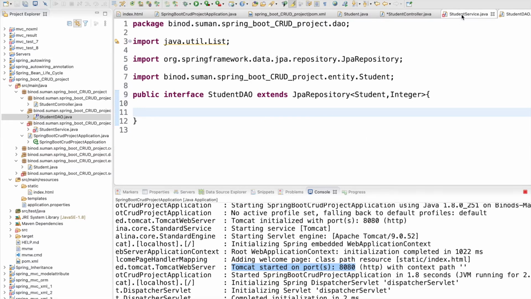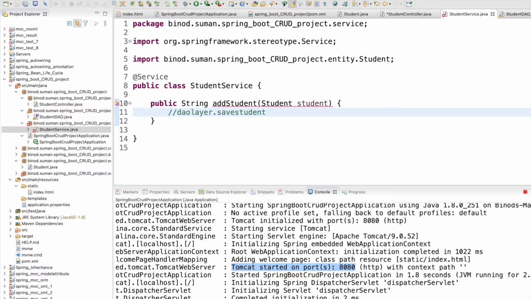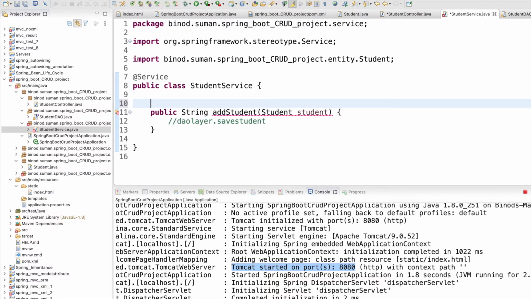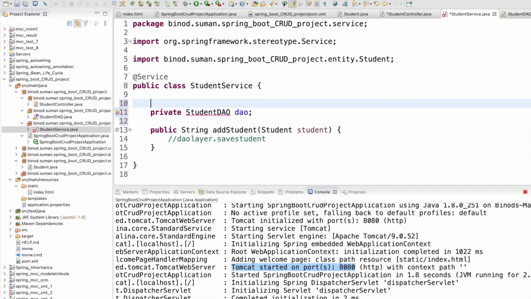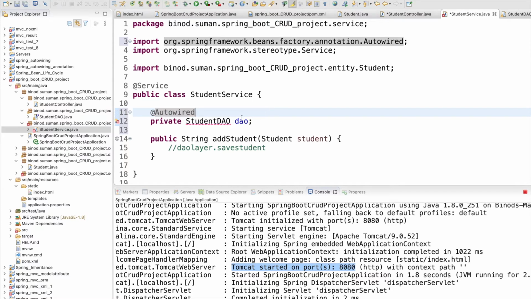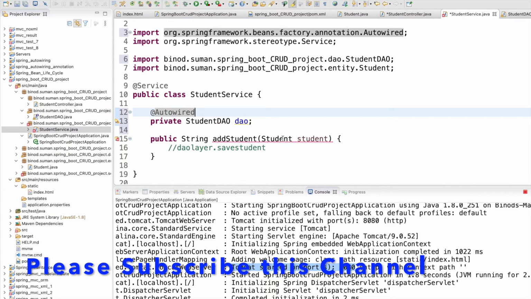Okay, now come to the service. In the service we will implement all the methods, because now I have with me the student DAO, right? And you have to do the auto wiring, so you need this object and Spring Boot takes care of everything. Autowired. Okay, now you want to add the student, so now I have the DAO, right?